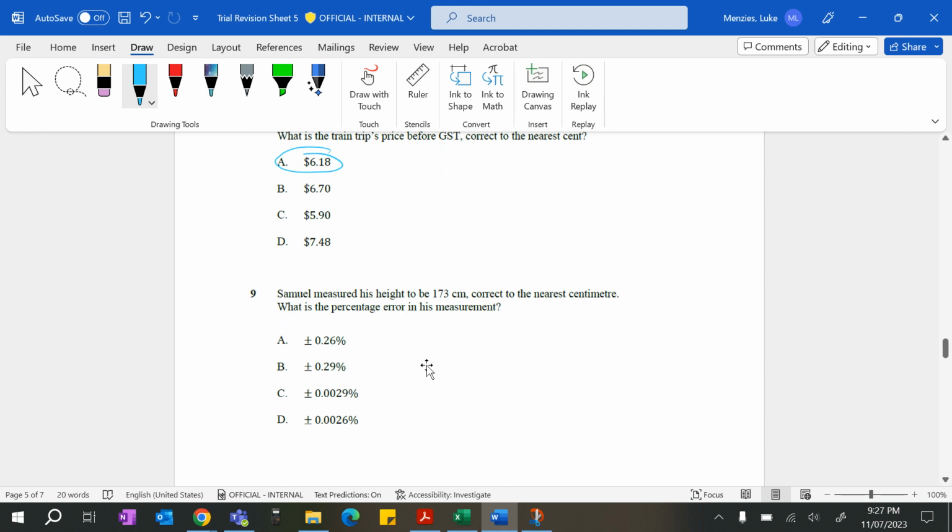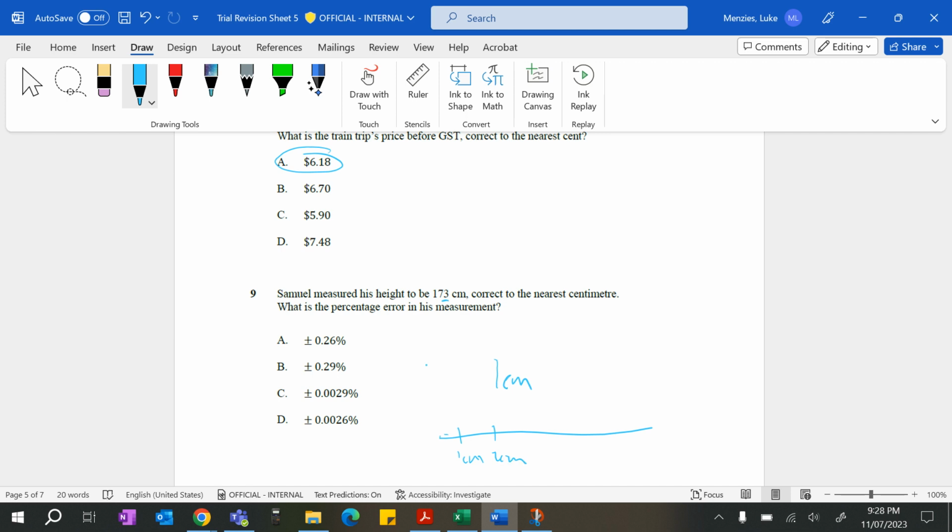Percentage. What's percentage error? Okay, percentage error. It even says, and sometimes they don't even put the percent sign in. Okay, so what you're looking for is the smallest unit. The smallest unit possible to measure in this case is 1 centimeter. Even though it says 3, I'm just talking, they've used some sort of ruler, or measuring device where they're going up in centimeters, okay? 1 centimeter, 2 centimeters, you get the idea.